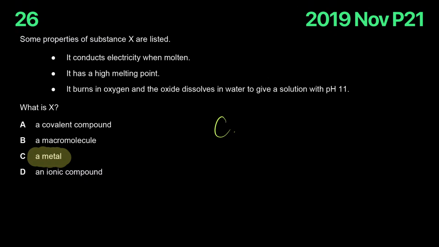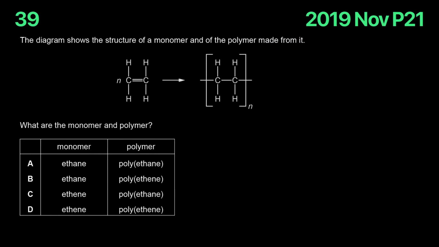Easy? Last question from this paper. Okay. You know, I'm surprised. We look at the most difficult questions highlighted by CIE, and we barely see organic questions show up. But let's try doing this question. The diagram shows the structure of a monomer and the polymer made from it. What are the monomer and the polymer? This is ethene because it's an alkene, and this is polyethene,